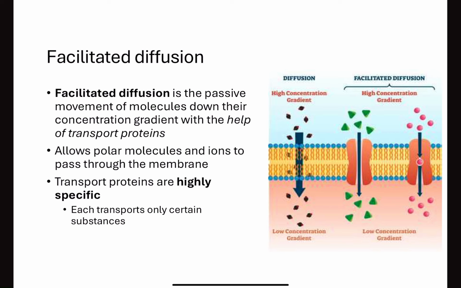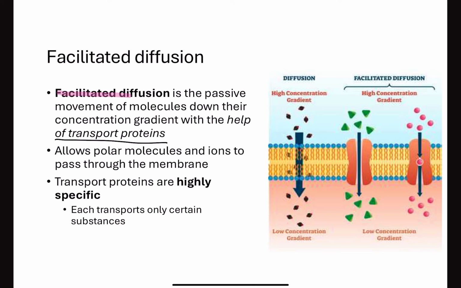So normally certain molecules, such as polar ones and ions, cannot pass through the membrane on their own, but they can passively diffuse with the help of transport proteins that span the membrane. And that passive movement of molecules down a concentration gradient with the help of transport proteins,